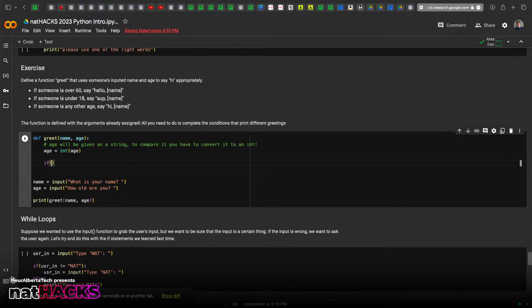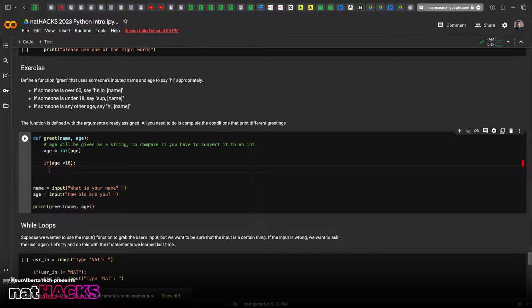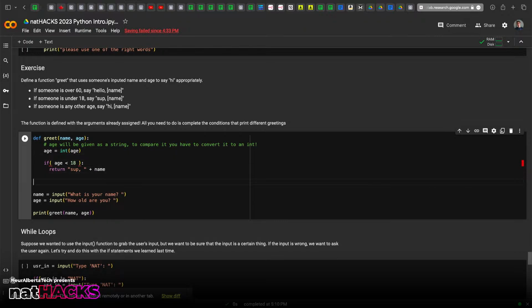We can say, if age is less than 18, which is one of them, we can follow that with a new line and say return, because we're doing a function, return sup. And we can go back and use our operator and add name. So use our input variable here, and we'll return that. And why is this giving me a, why are you complaining? I guess we'll see when we get to